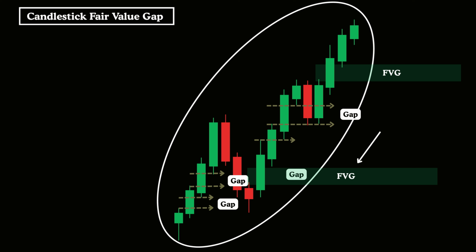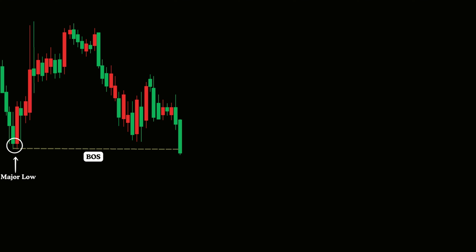Now, let's switch over to a live chart and break down how to use fair value gap logic effectively within market structure mapping. Let's break down the EUR/USD hour chart that's currently on the screen. As you can clearly observe, the market is showing strong bearish direction. To identify high probability fair value gaps, FVGs, the first step is to wait for a valid break of structure.